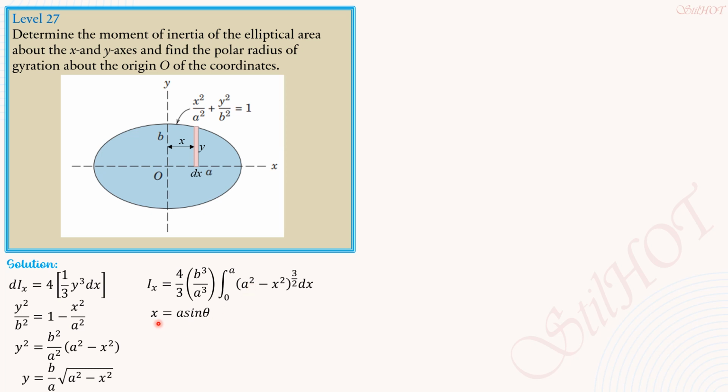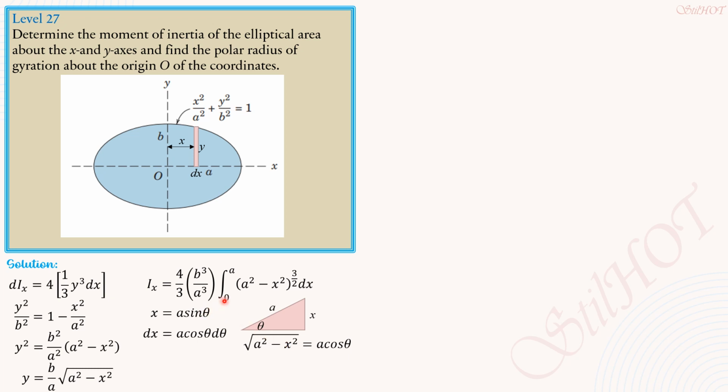So that means the differential of x is a cosine theta d theta. And we form a triangle defining sine theta here. Right triangle, sine theta is x opposite over hypotenuse a. Then by Pythagoras theorem, this is the square root of hypotenuse squared minus x squared, and it is a hypotenuse cosine of theta. So this one therefore is a cosine theta cubed, because this is a square root. Now,